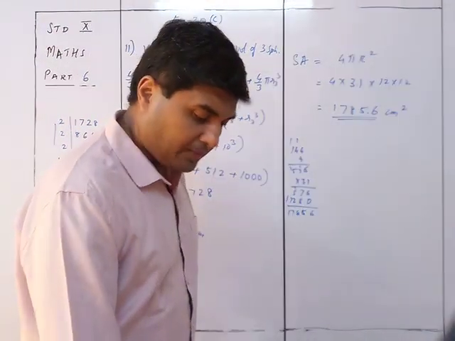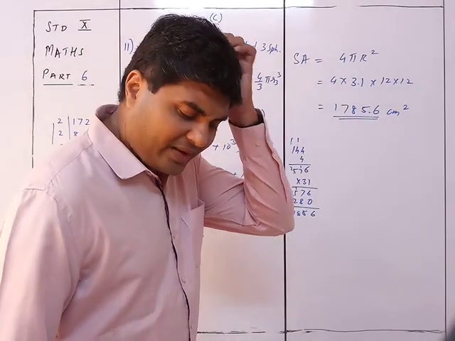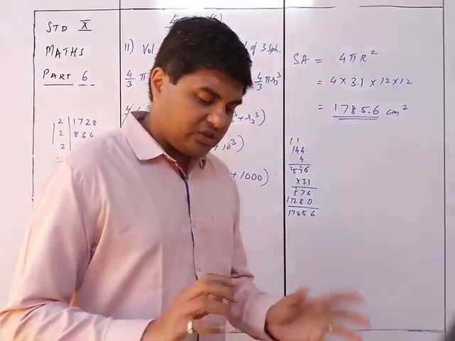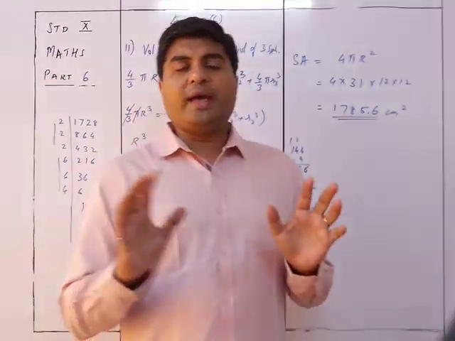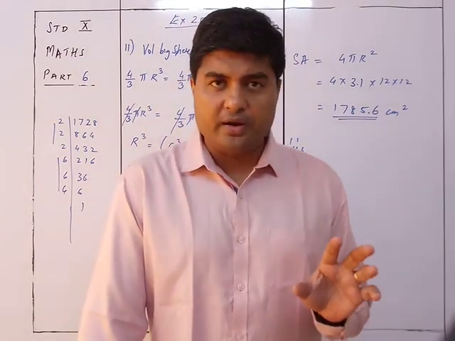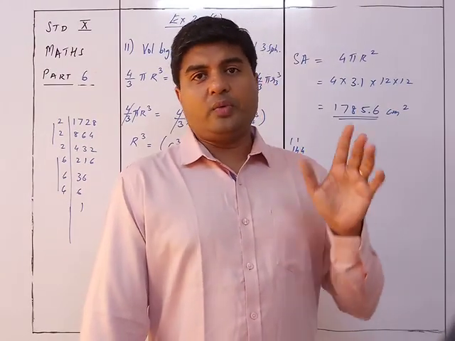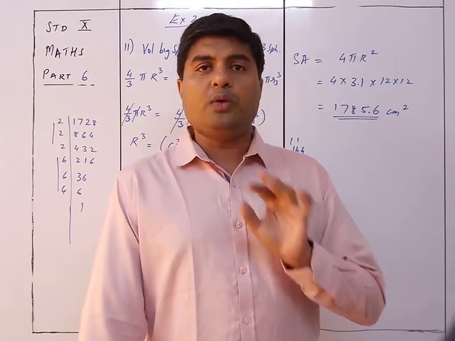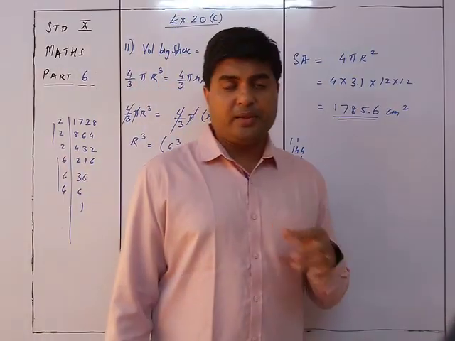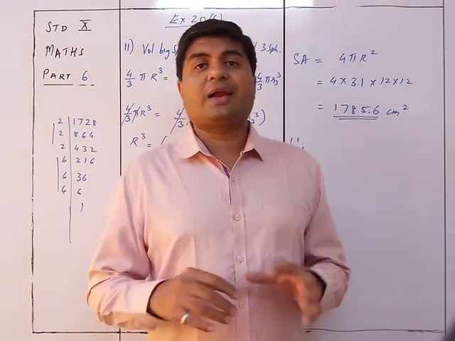So with this we complete the exercise 20C. In 20D, you can see they are just the conversions of. Now you don't have any further new formula. So one thing is for sure that whatever formulas were required, those formulas have come up till 20C. In 20A was cylinders, 20B was cone, and 20C was the different kinds of spheres and hemispheres. From 20D onwards, they are conversions.